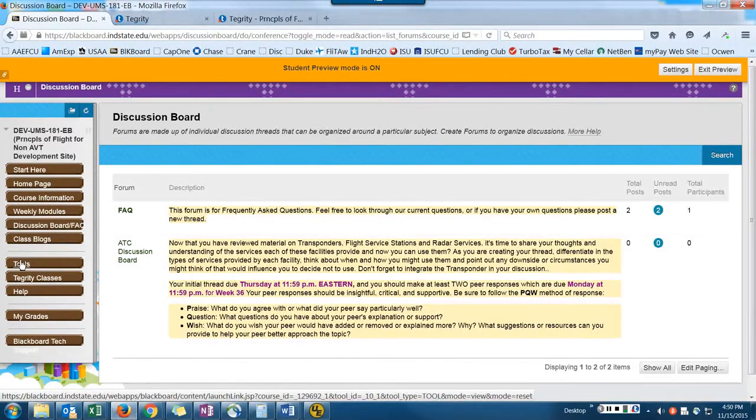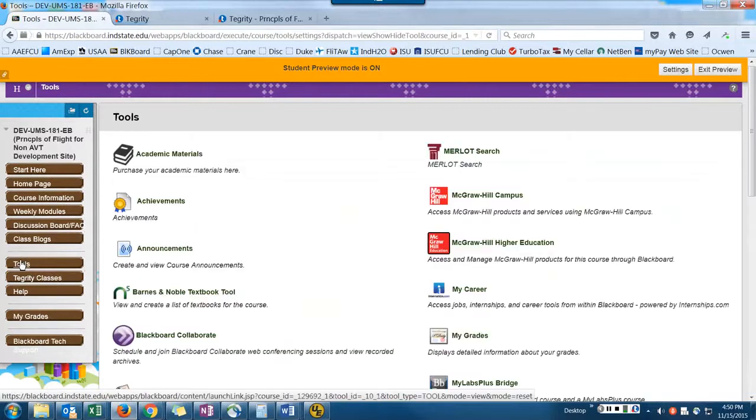There's a tools button that will take you to many of the tools available on Blackboard, email. You can look at your grades through here. The Blackboard Collaborate that I mentioned, you'll want to have that downloaded and available on your computer ahead of time for our synchronous session in the 3rd week. And then of course there's a My Grades button where you can